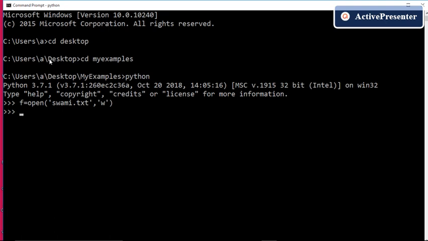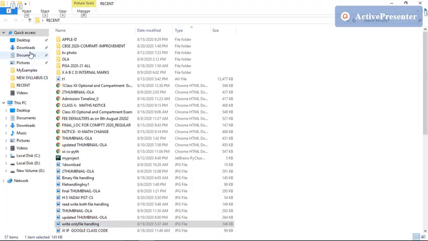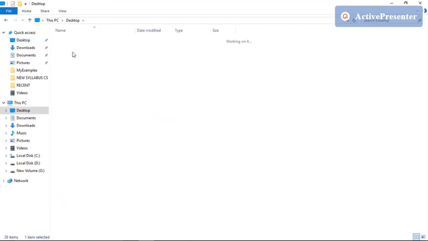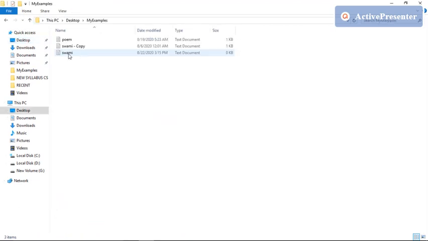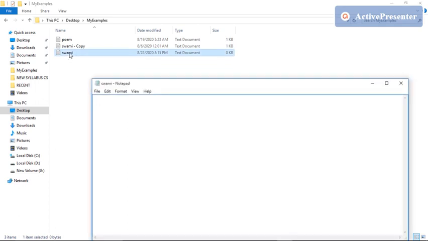To see the effect of this open function, let us go to the My Examples folder on the desktop, and let us open the content of the file swami.txt. Okay, we can see that here content has been truncated, and the pre-existing file content has been deleted.